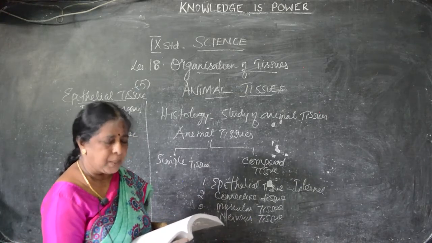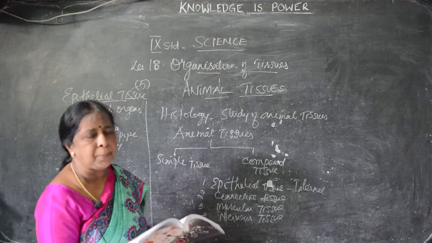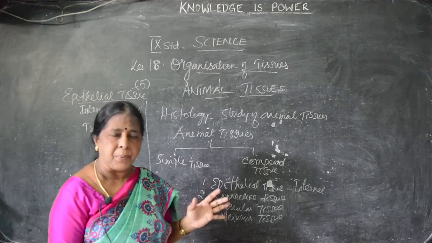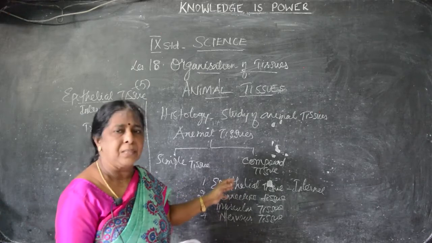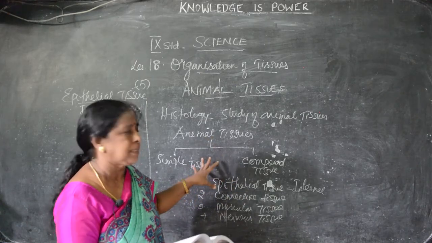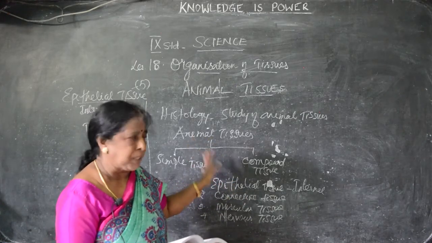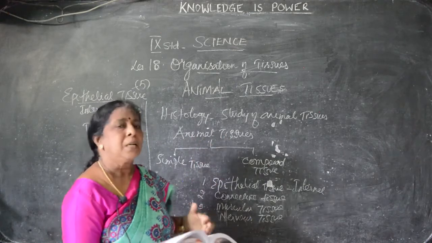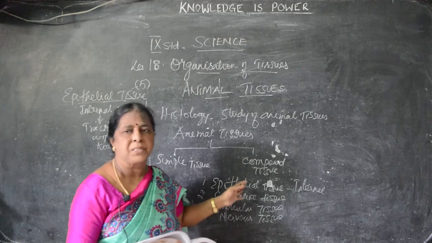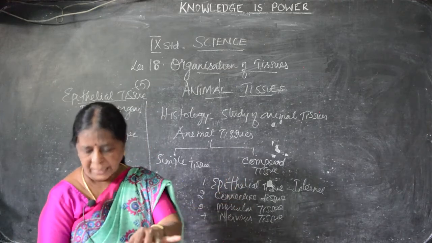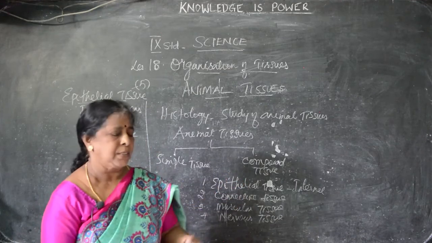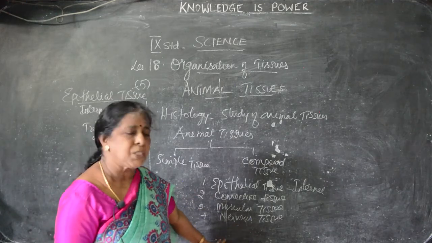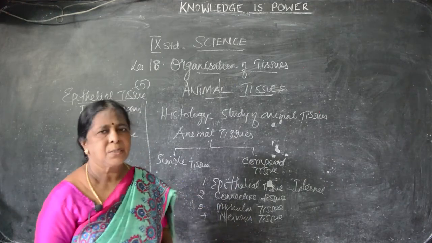Squamous epithelium, cuboidal epithelium, columnar epithelium, ciliated epithelium and then glandular epithelium. Depending upon the structure, they got the name. Altogether, the function of all the epithelial cells is mainly to give protection to the body and support it, for absorption of water and secretion of enzymes. This is the function of epithelial cells. And compound has no subdivisions, only one type. The other tissues, connective, muscular and nervous tissue, we will see in the other class. Okay, thank you children.